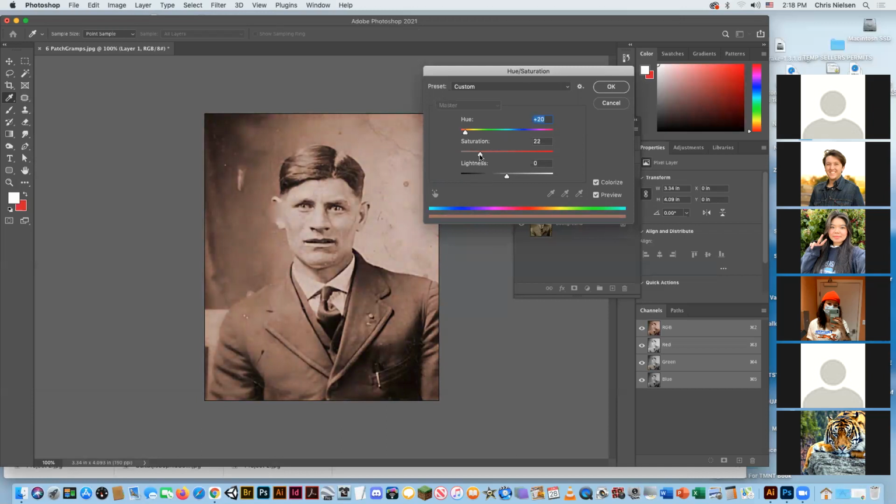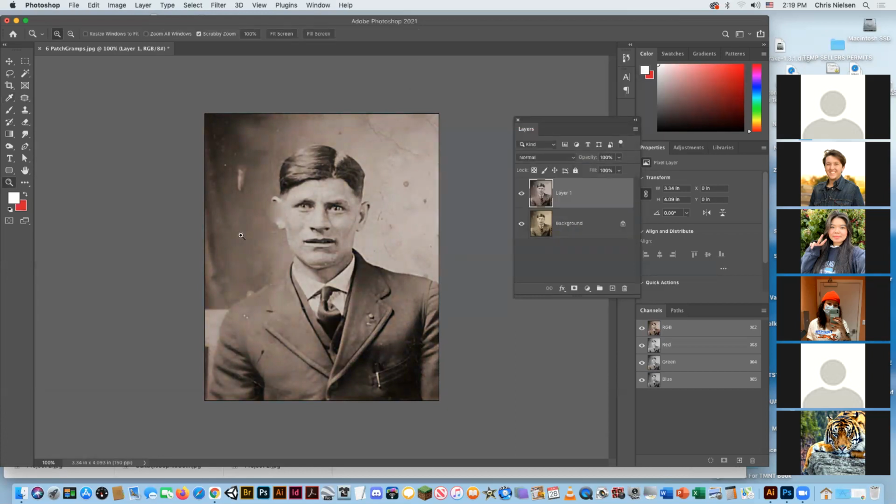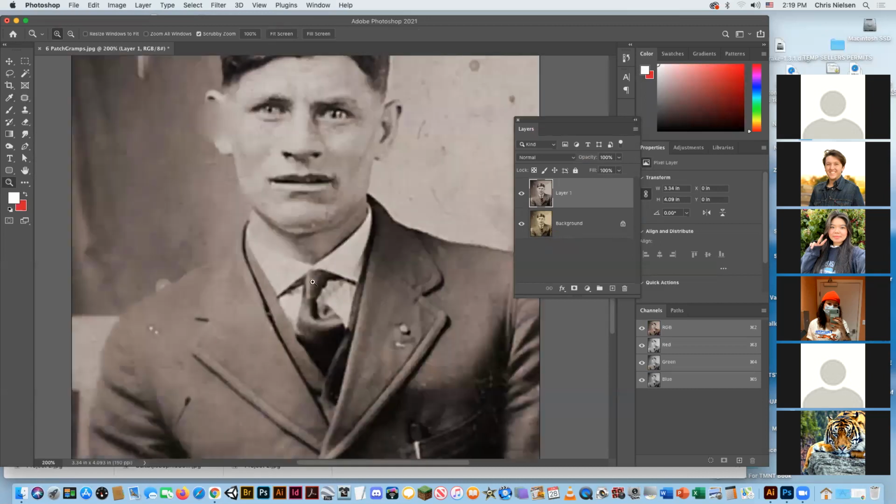So you desaturate the brown. So you get kind of a warm gray tone. That's what old photos tend to look like. So we're trying to be as vintage as possible. Tint it out, and then I'm going to ask you at the end to apply a color tint of red